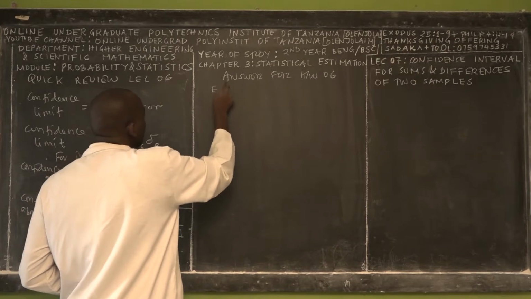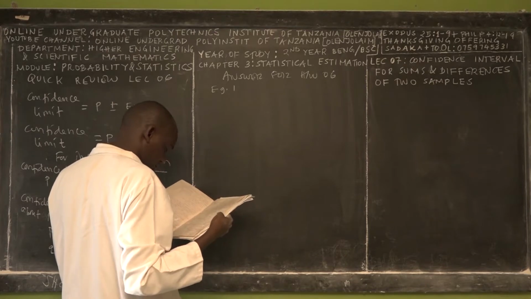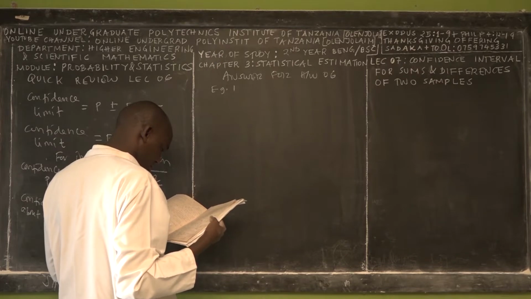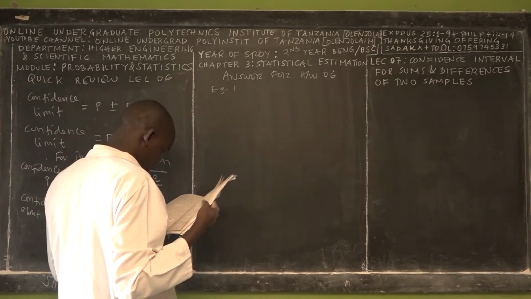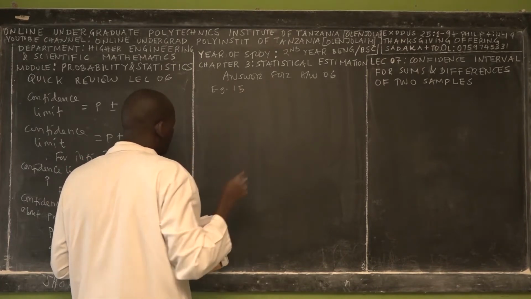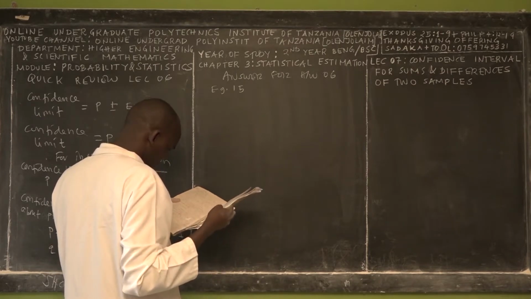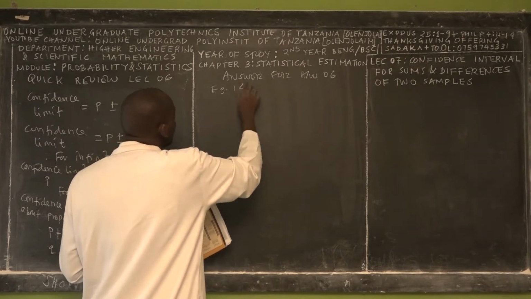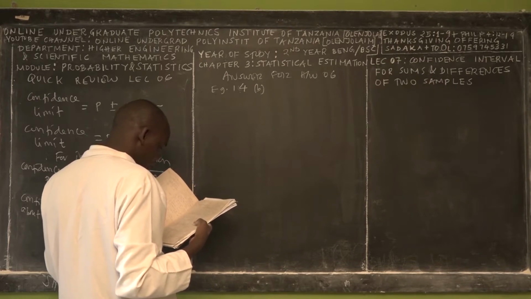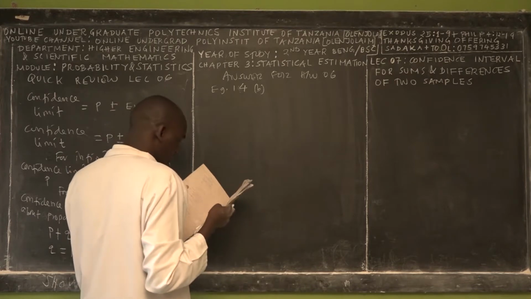We had left Example 14B, which asked to find the confidence limit for 99%. So the confidence limit for 99%